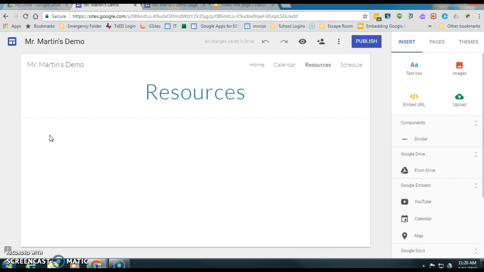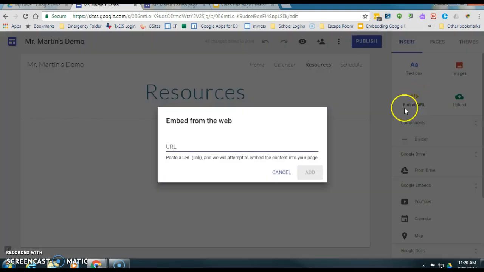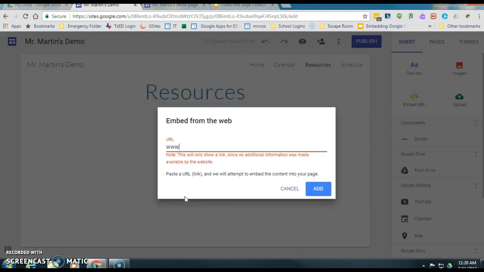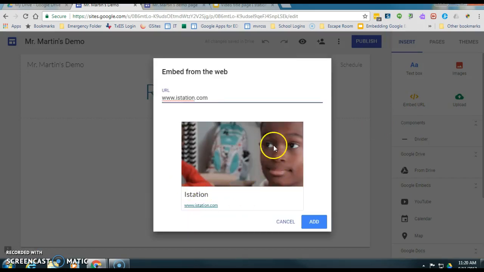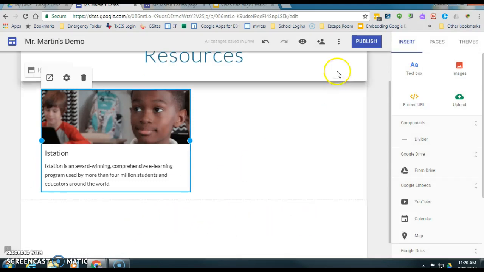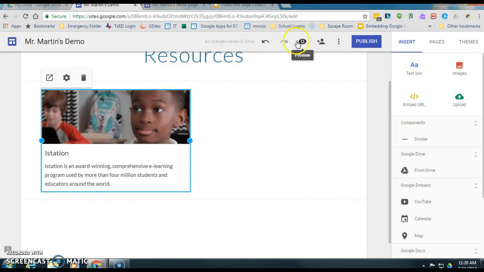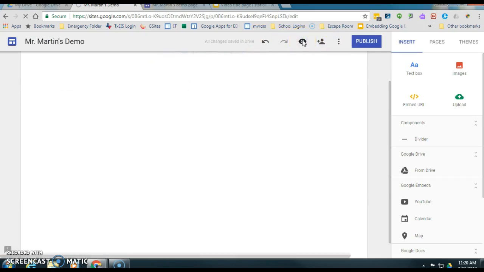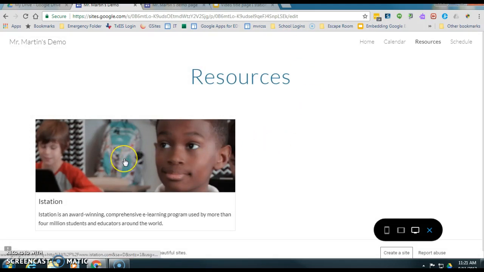So if I'm an elementary self-contained teacher, maybe one of the things that I want my students to be able to go to is iStation for reading. So I would type in www.istation.com, and it automatically looks for that, picks up their link and photograph image, and we click add. And so now if I go to view, I can see that this particular link is now hot. You see the hand,